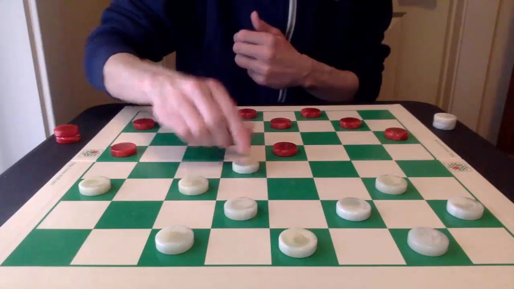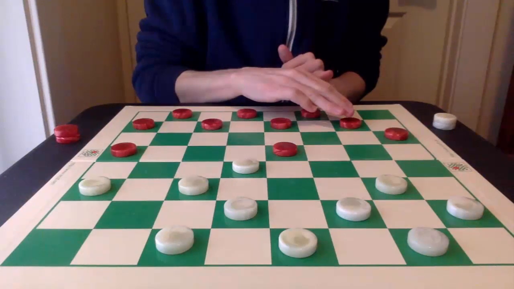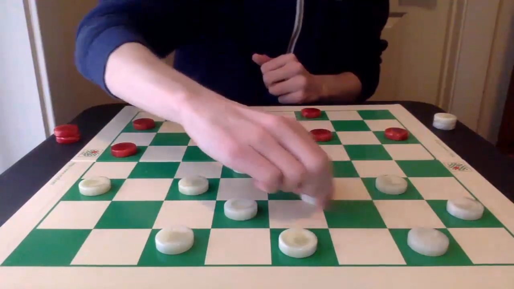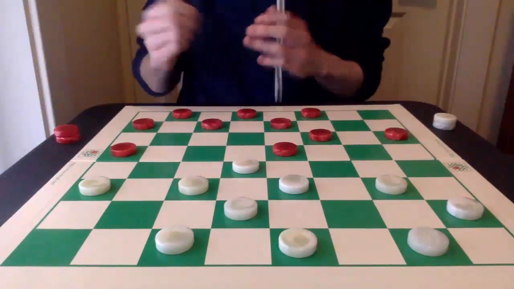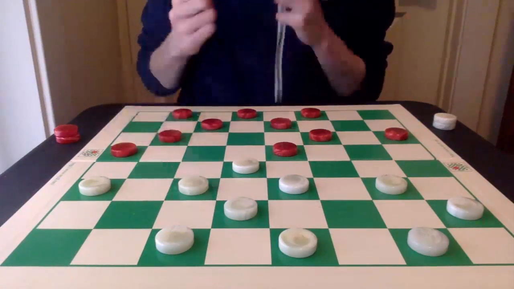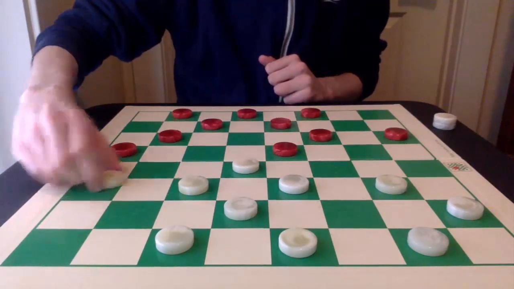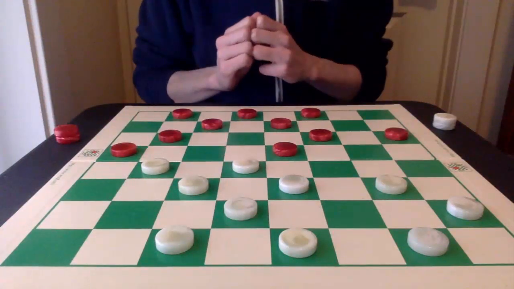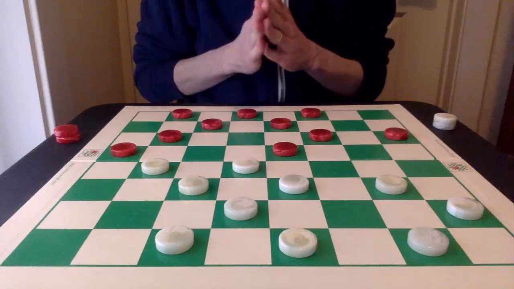White goes to 23-18 to put some pressure on this piece on 15, and red is going to cover up with 8-11. 27-23 is a good development here. And now red is going to develop this 5-9 move. White has a very good move with 21-17, and really this move is going to entice red to make potentially